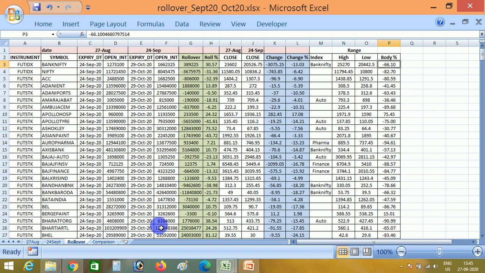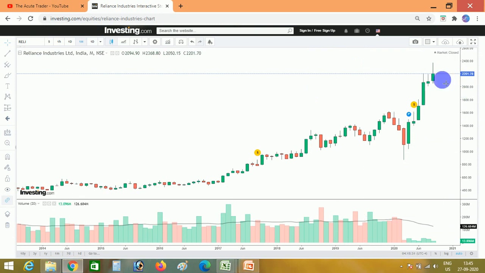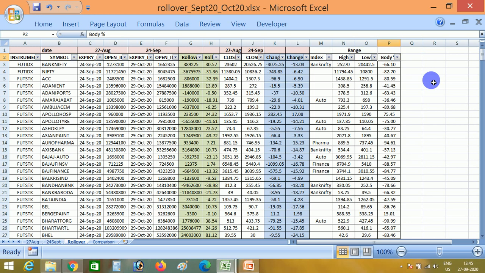Friends, I would like to tell you that the high and low price has been taken from 28th September to the 29th October series. In charting software, the open, high, low candlestick ranges run from the first of every month, so you may get some misinterpretation of the data. You should check that as well. The body percentage is the open to close body made by the candle on that particular range. If you understand the data, then I'll tell you how I analyze.